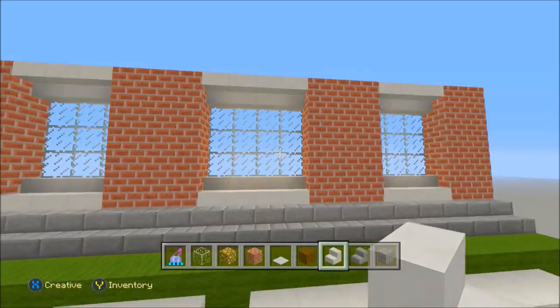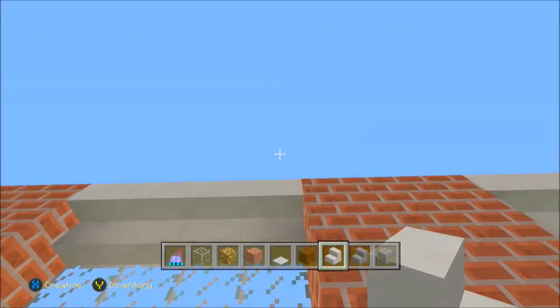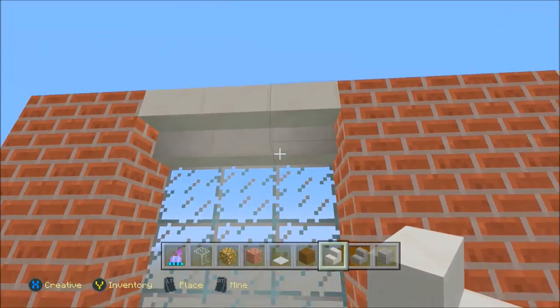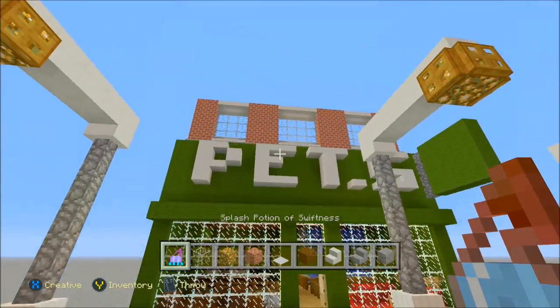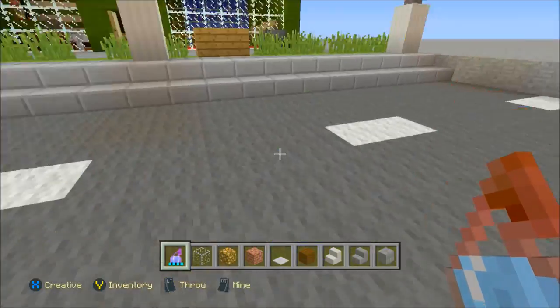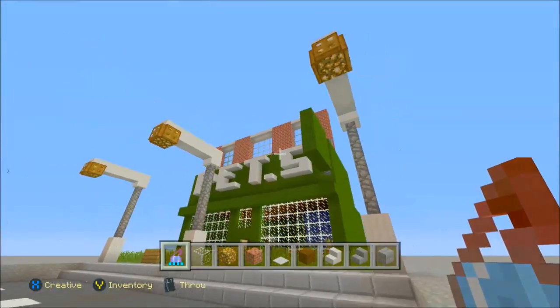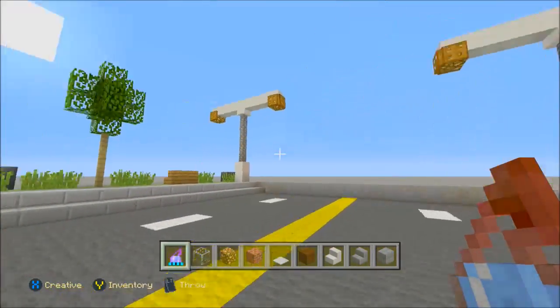So as you guys can see, what I basically just did is I got the quartz, I placed it along the bottom, I placed it underneath at the top, and we've got that nice little sort of overhang there. So as you guys can see, this is starting to feel more and more like your normal city, because this just generally feels like it.